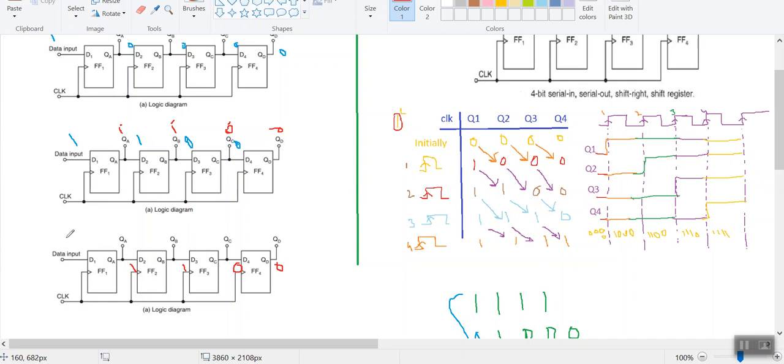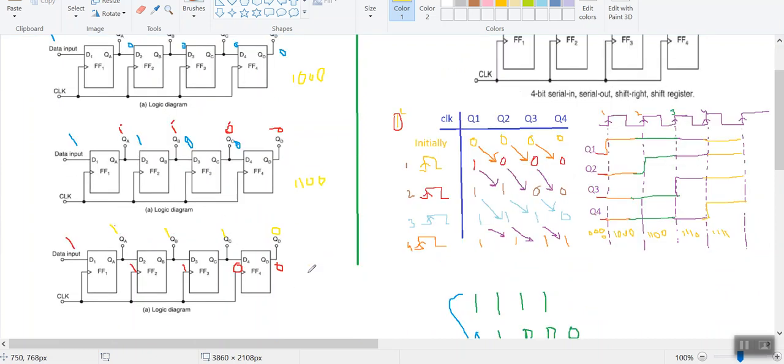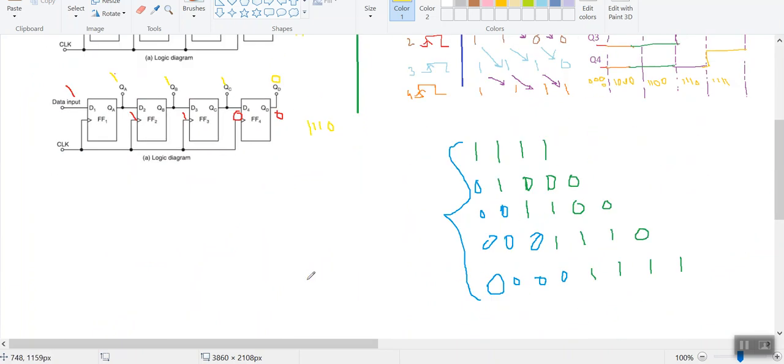So now you are giving your input as 1, and your output is 1 1 1 and 0. So in this case you get 1 triple 0, and in a similar way double 1 double 0, and in the next case triple 1 0, and in the next case